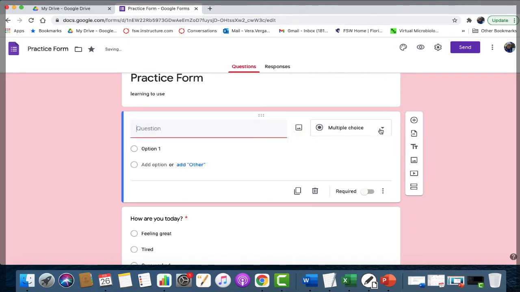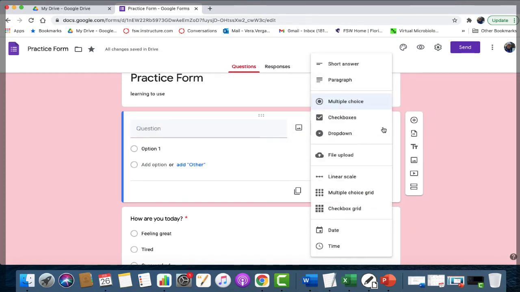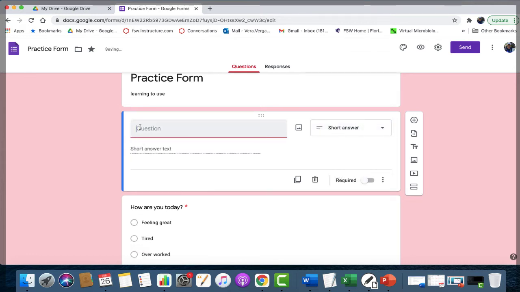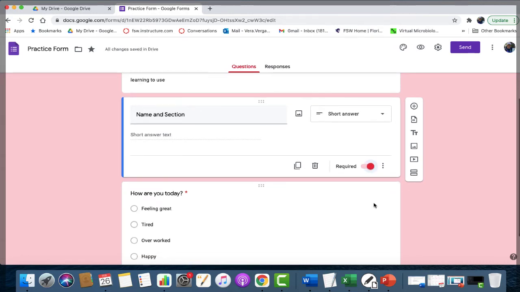So I always, as a rule, make sure people give me their name. So it has to be a short answer, and I always put name and section. Short answer, make that also required,